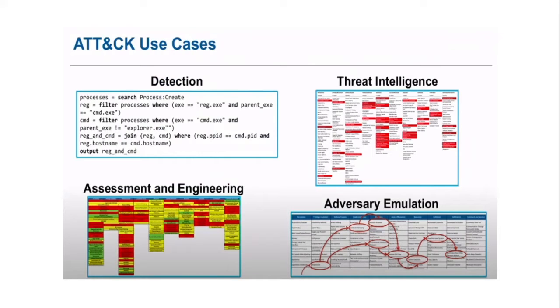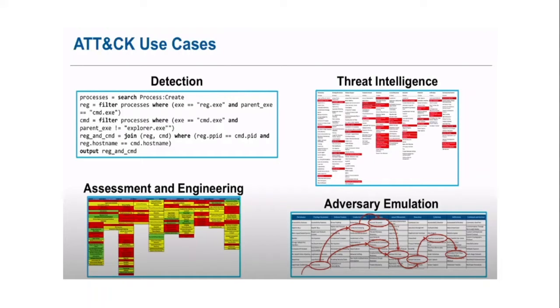So some of the ATT&CK use cases: ATT&CK can be used in detection. ATT&CK can be used to detect an intrusion by mapping a particular attack and understanding how a particular attack is initiated, so that defenders can know how to detect it. And also in threat intelligence, whereby people understand the different behaviors of a particular adversary and how they perform their techniques and tactics in exploiting